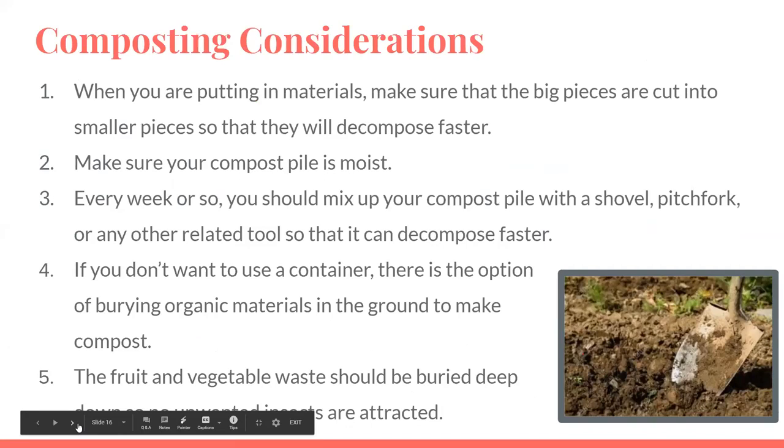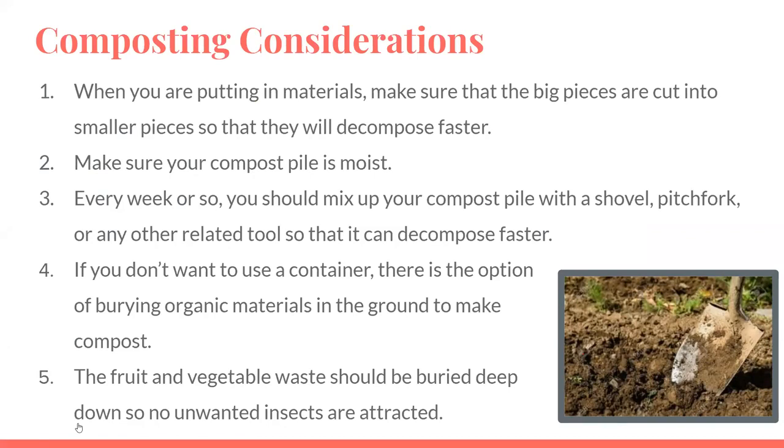There are also a couple of things you need to consider when composting. Every single piece you put in your composting bin needs to be small, so it decomposes faster. So if you have a couple of big pieces, make sure to tear them up or cut them. Your composting pile also has to be moist, so make sure all the pieces are wet. And every week or so, use a shovel-like or pitchfork-like tool to mix up the compost